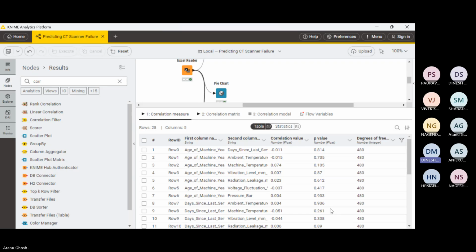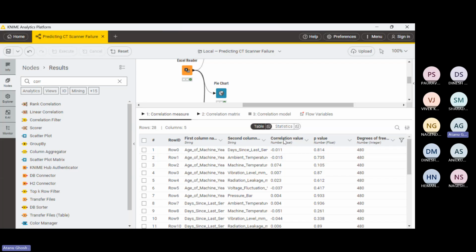Age of the machine is directly linked to the other attributes. Not other attributes. So here, when we talk about age of machine and days since last repair, or whatever, last service, the null hypothesis is that they are not correlated with each other. Yes. So the null hypothesis is not correlated with each other. Why is the null hypothesis not correlated with each other?